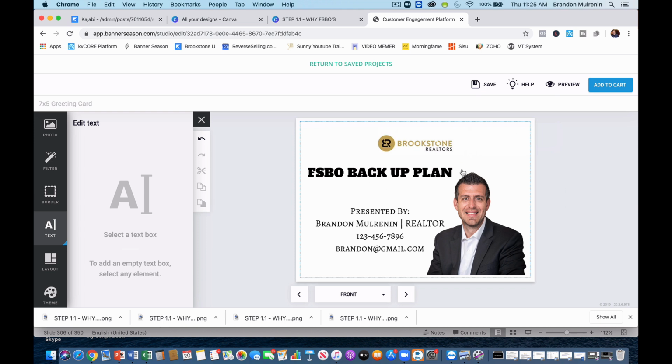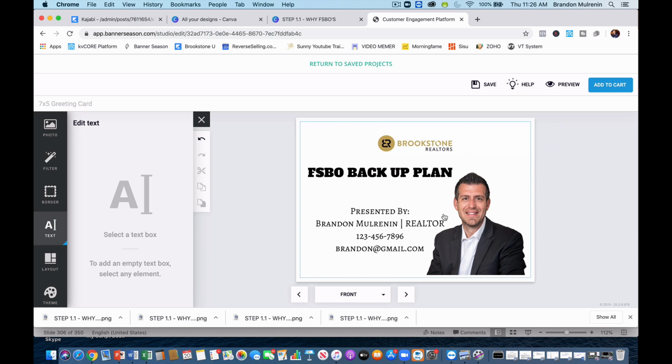So you can either do a card like this if you don't want to do the gigagram. I'll show you how to do a gigagram in just a second. It's this exact same process. But all I'm doing right now is I'm creating the first card so we can use this as our template. So there's the first one, okay? And with the first one, let's just pretend you're going to use just cards. You're not going to use the $5 gigagrams. I'll make a gigagram next, but let's just use this one as our first card in the series, which is the backup plan